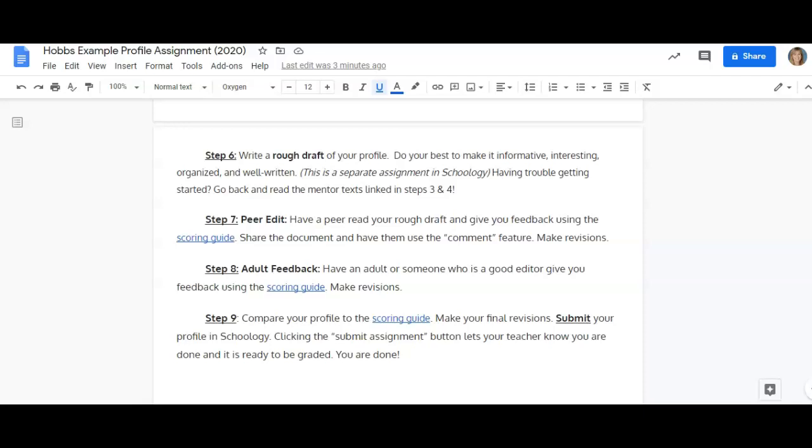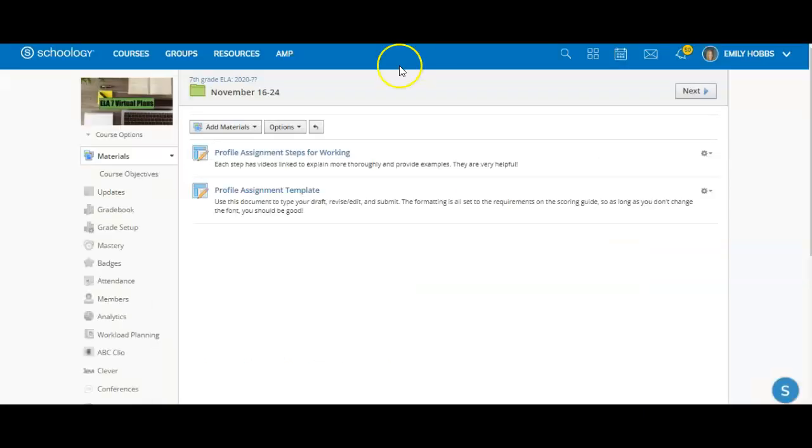All right, you are now ready for step 6, which is to write a rough draft of your profile. You are going to do your best to make it informative, interesting, organized, and well written. This is going to be a separate assignment in Schoology. So what that means, when you open your Schoology page, this is what you've been working for, the profile assignment